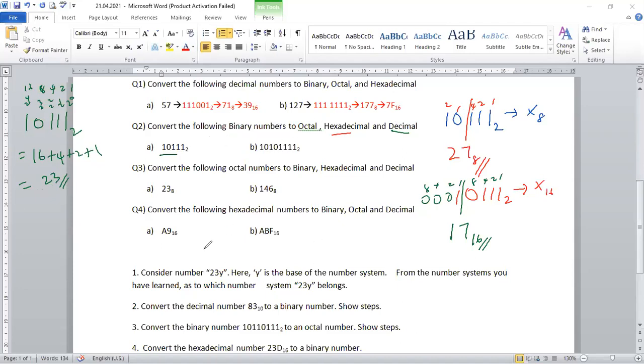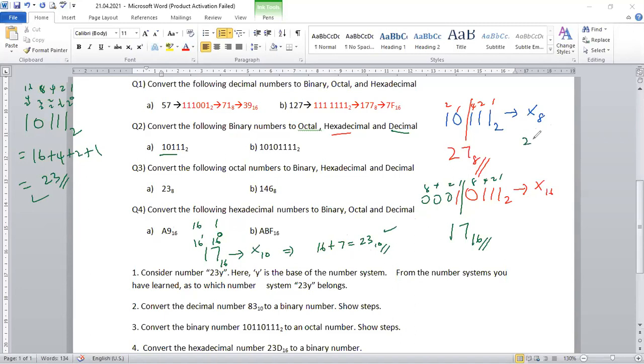But here you are having 17. The base is 16. You have to convert it to base 10. How you can do that? So you are taking 16 to the power 0 and 16 to the power 1. What is 16 to the power 0? It's 1. 16 to the power 1, 16. So you can write 16 plus 7. 16 into 1, 16. 1 into 7, 7. So when you add, you can see 23 will be the answer. So you can see here also you got 23.